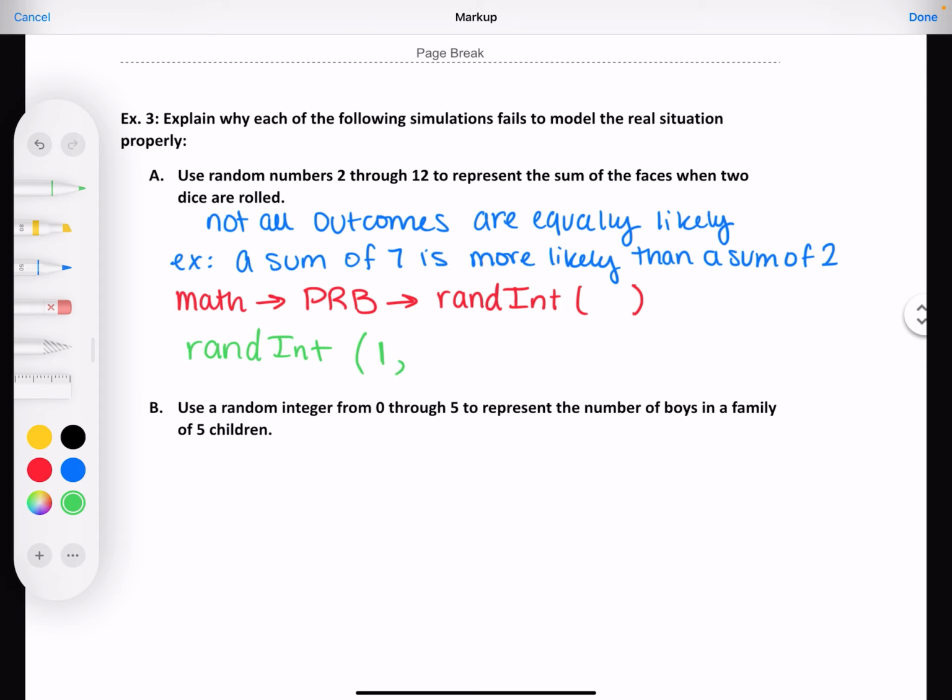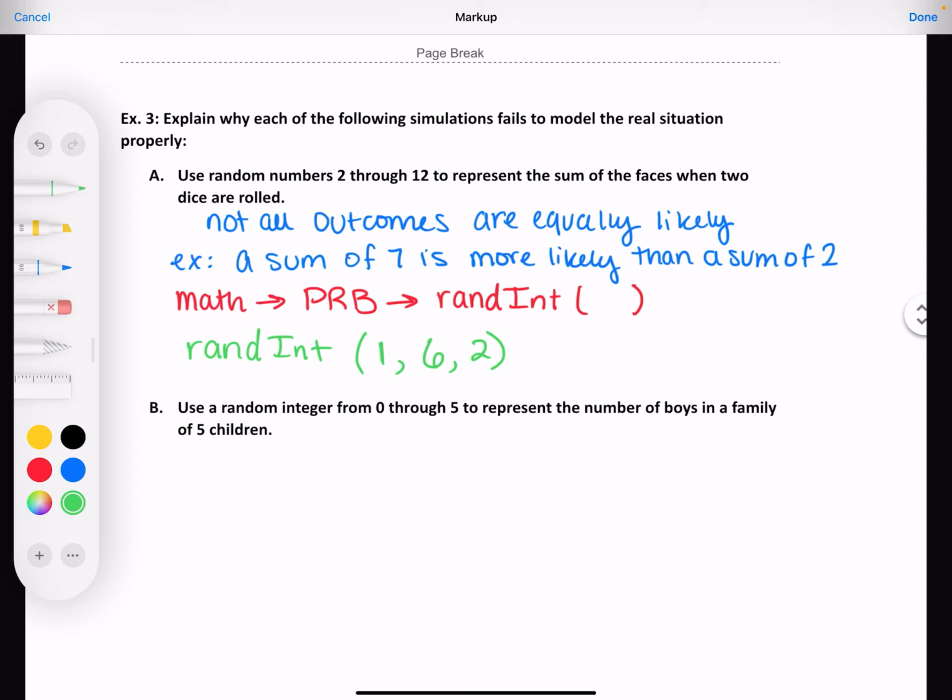Okay, the second number, so you put a comma. There's a comma button on your calculator above the 7, so if you're looking for it, that's where it is. Okay, 6 is the biggest number that could be on the dice. And then the last thing is how many are you taking at a time? So in this case, how many dice are you rolling at a time? You're rolling 2. Okay, so the last number is going to be 2.